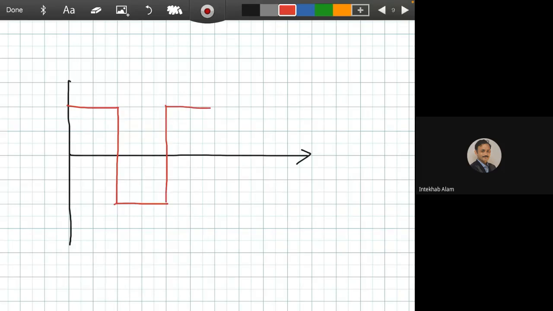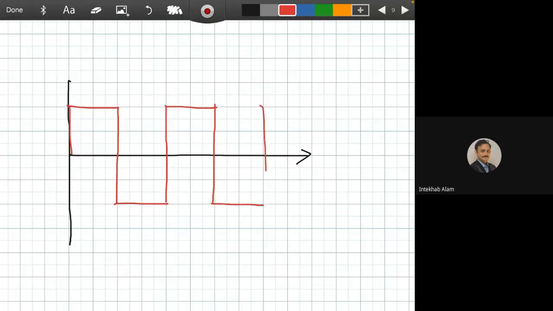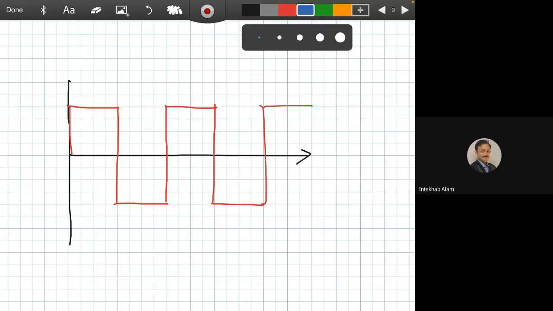I am drawing this curve very carefully. Is there any DC output of this wave shape? No sir. So this is my AC. So if I draw another one,